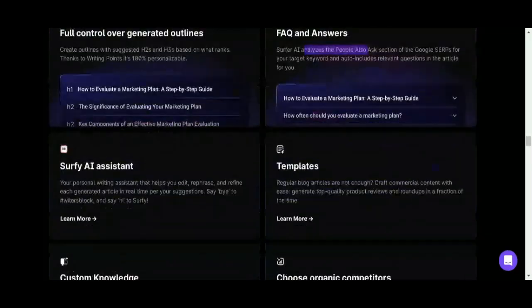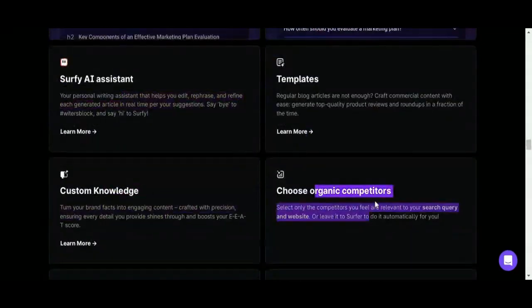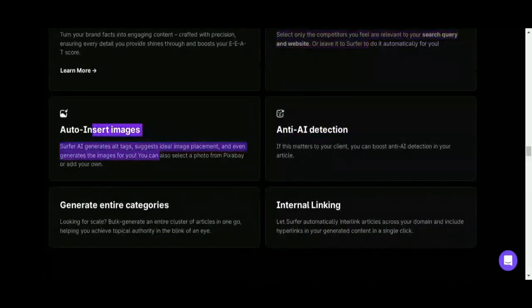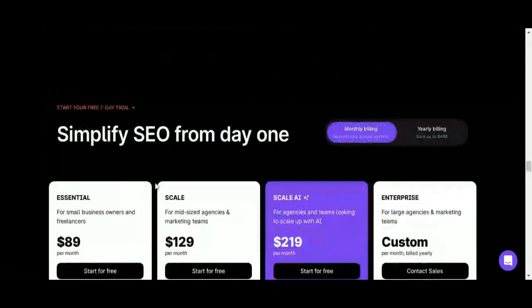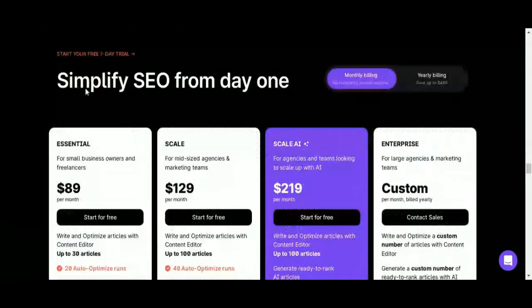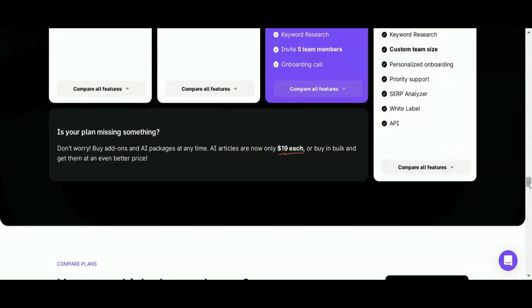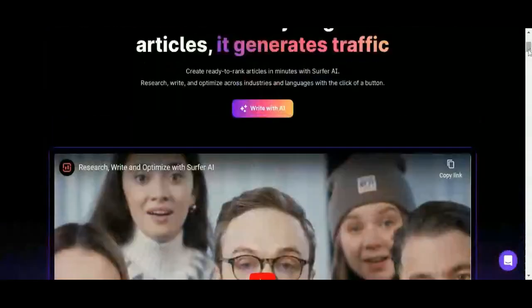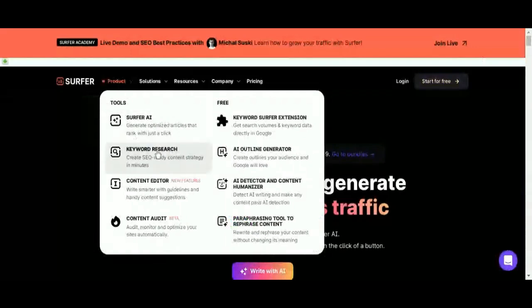8. Plan your content strategy. Utilize the Content Planner to organize and prioritize your content creation efforts. Identify topic clusters and related keywords to ensure a comprehensive and cohesive content strategy. 9. Monitor and adjust. Regularly check the performance of your content using SurferSEO's tools. Make adjustments based on the insights and recommendations provided to continually improve your SEO efforts. By following these steps, you can start leveraging SurferSEO to enhance your website's search engine optimization and improve your online